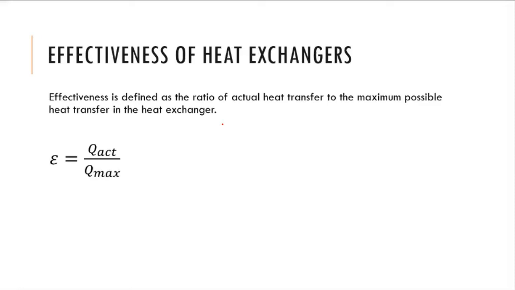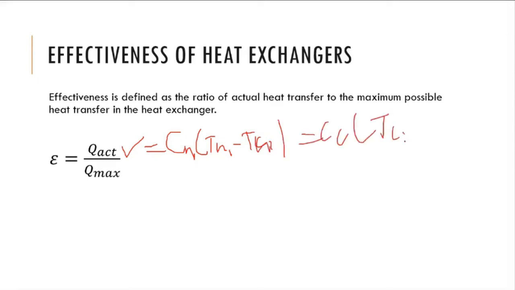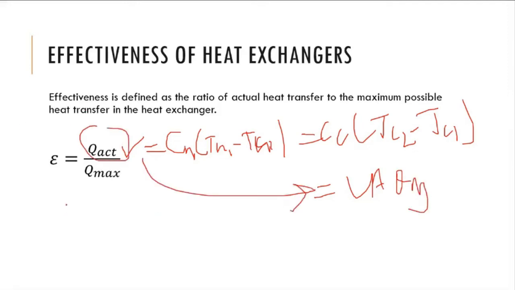No, sir. Okay. Now, here Q actual term, I think you can find out this Q actual. For Q actual, we had discussed three different formulae. One was C_H times (T_H1 minus T_H2). Second was C_C times (T_C2 minus T_C1), and the third formula was U A theta m. These are the three different formulae for Q actual. This can be determined very easily. Now we will see what is the condition for Q max, in which case we are going to get maximum rate of heat transfer. So I'll just take 5 more minutes.